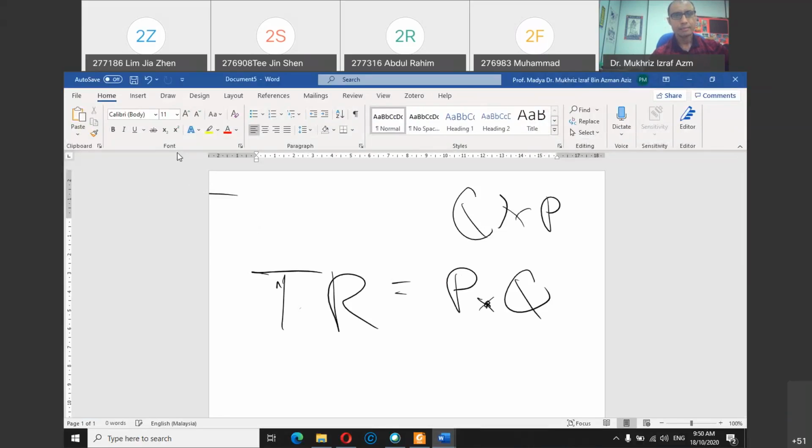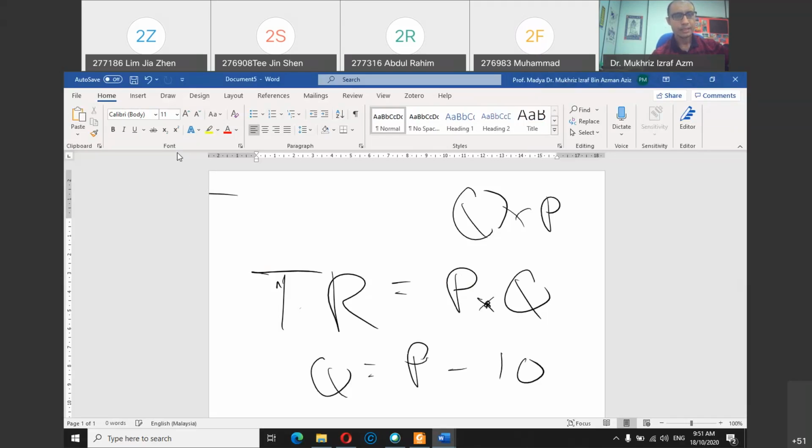Yes, in theory, correct. But in economics, to calculate the total revenue, P must be multiplied by Q, not Q multiplied by P. To make this simple, let's say we put Q as a function of price,